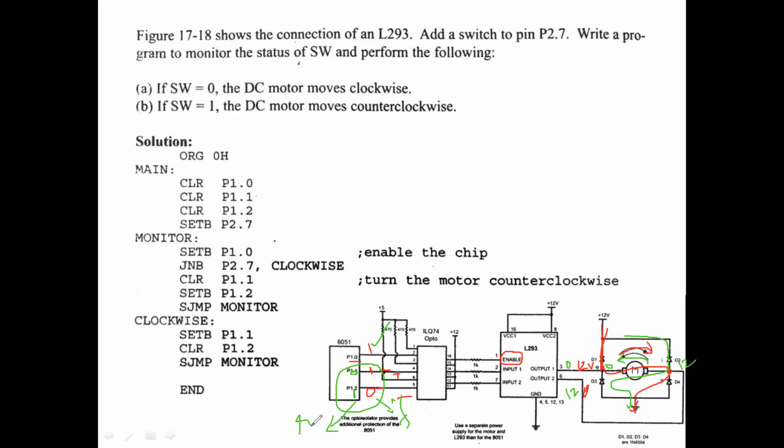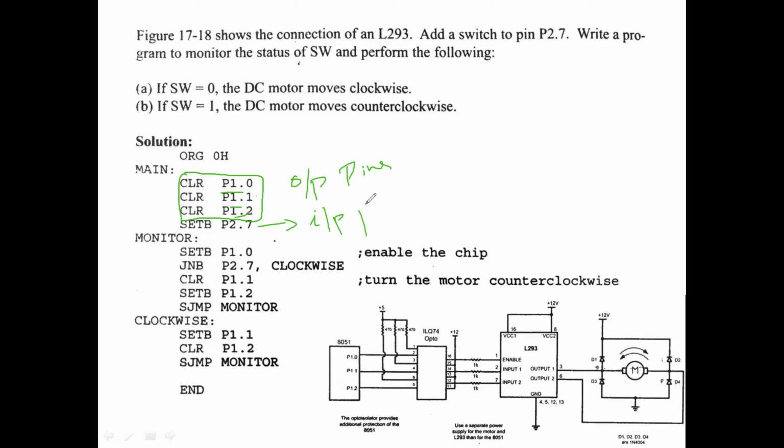In a simple way, we look into the assembly program also. First we will set every port as an output port. Since I am going to provide data outside, I am going to set it as the output port. So clear everything. Clear all pins, which indicates that initially we are setting them as output pins. And set bit, this particular pin will be set as an input pin because the switch is connected here. We are going to read the status of the switch from this particular pin.